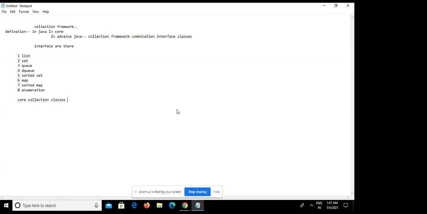But there is one more section that is advanced Java. Who are very new, they will get the session of core Java from me also. The recorded session, I will also be taking the core Java session. You can attend that. Right now, I am teaching the advanced Java portion because it is not being taught by anyone still. So advanced Java is basically a huge portion of collection framework. So what is collection framework?